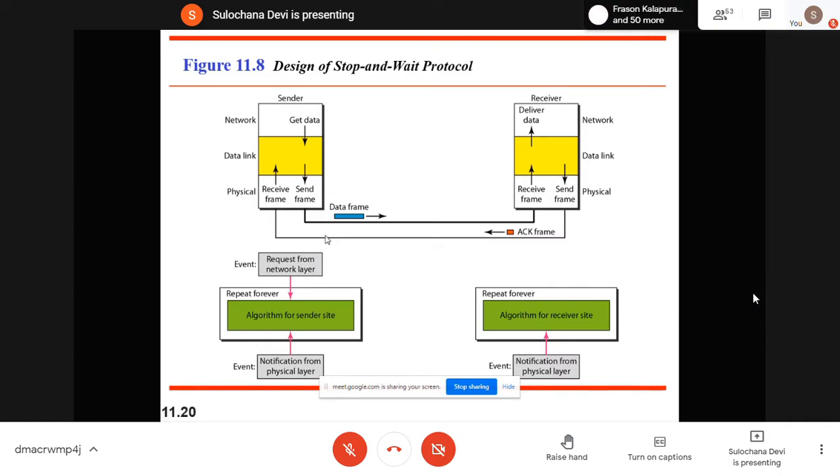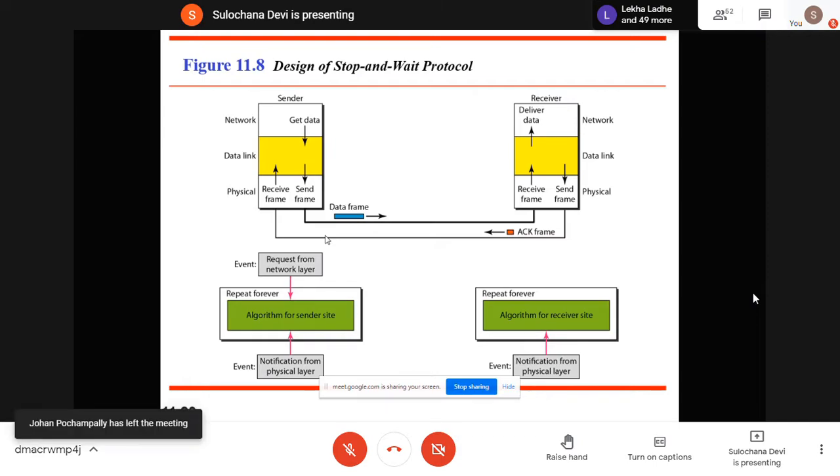But when we are sending data and we expect the receiver to reply, then we have to use a sequence number, because we need a mechanism to find out which frame is received and what the next frame is. An acknowledgement frame always contains the number of the next expected frame.